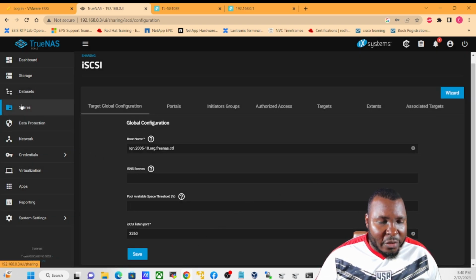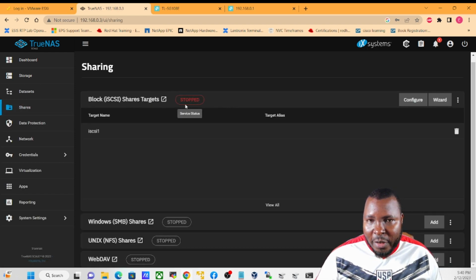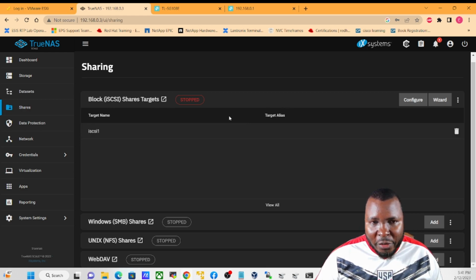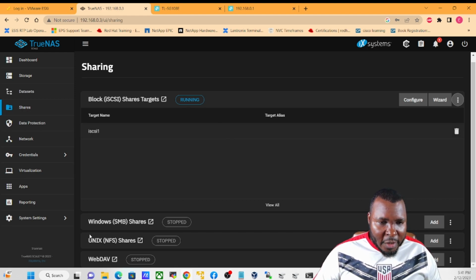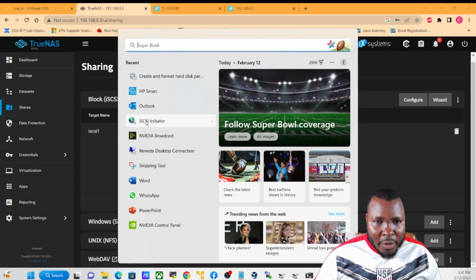Okay, and that is that. If I click on shares, the iscsi service is not running, so we need to start the iscsi service in order for client machines to be able to access iscsi devices on this server. So I will click the three dots and turn service on. The iscsi service is now running,